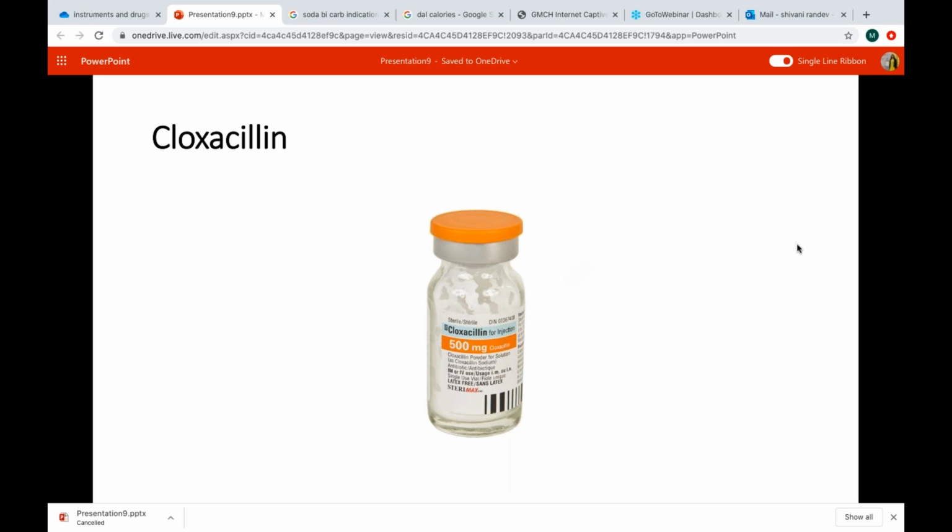Then cloxacillin. What is the main organism which is covered by cloxacillin? हाँ जी, टाइप कर दो chat box में. Staphylococcus, yes. So methicillin sensitive staphylococcus, MSSA. For MSSA infections, we use cloxacillin. Those infections can be anywhere, for example in the lungs, pneumonia, or abscesses anywhere in the body. Whenever the culture sensitivity report shows MSSA, or usually for community acquired staph infections, we start with cloxacillin unless we suspect resistance to methicillin.